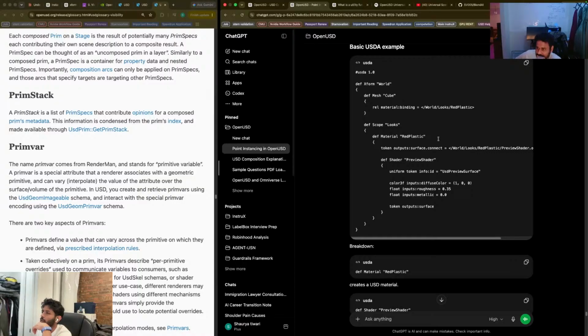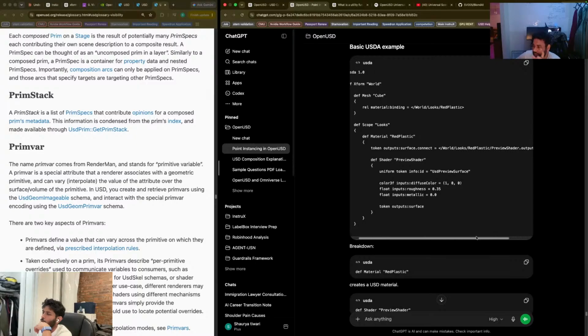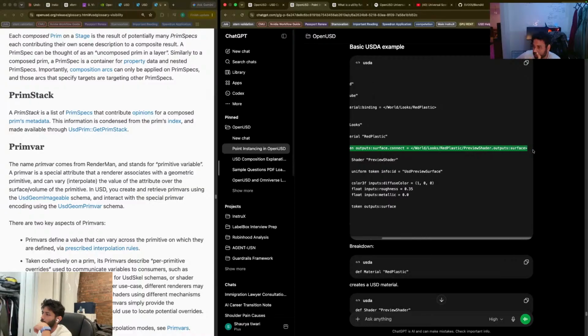There are some values on the material, right? How will you pass those to your shader network, shader nodes? How will your shader node know that these are the values it needs? Oh, using this token output surface dot connect. This is what you're using over here